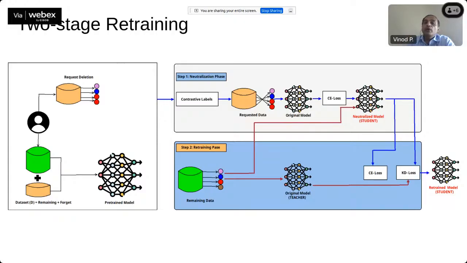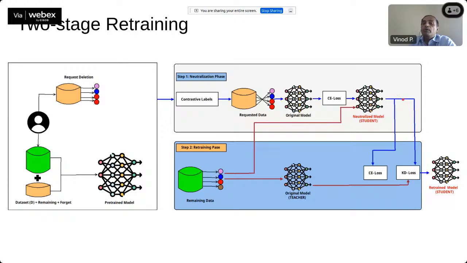So how do we try to improve the performance on the retained set? What we try to do is we will take our original model which we have saved, which has the information about the preservation set as well as the retained set. And then we will take all data points belonging to the retained set. We pass it through our original model. We will get the soft labels. We pass the same data to our student model. We will get the soft labels.